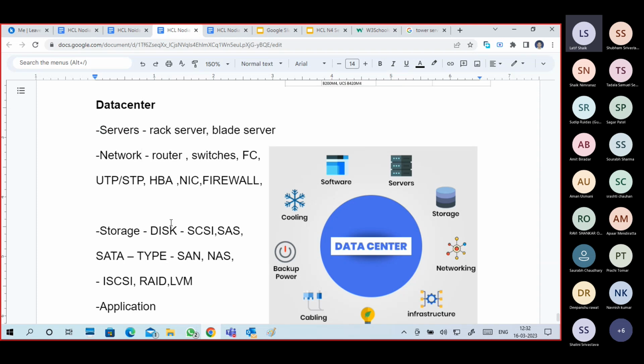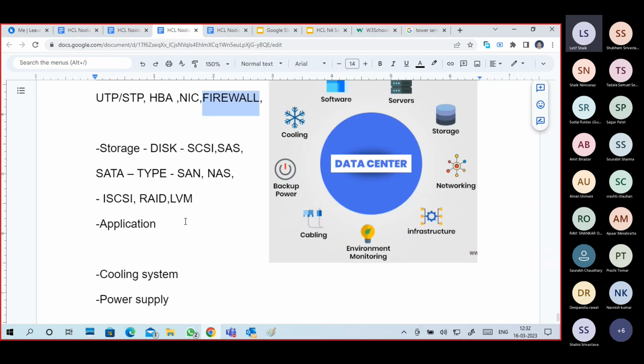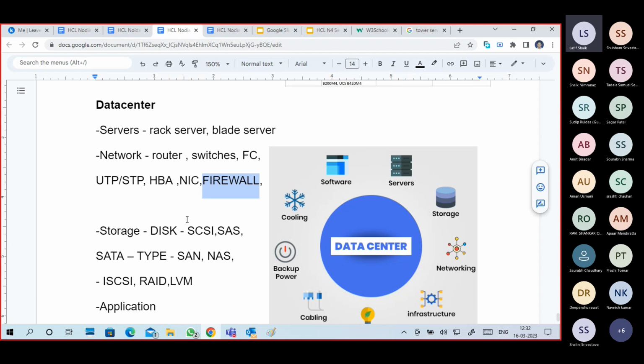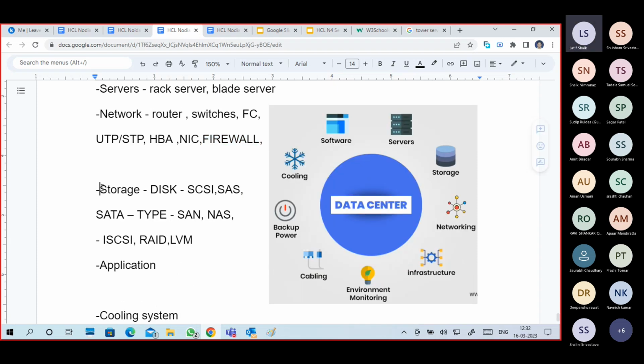You have networking components like routers, switches, fiber optical cables, host bus adapters. You need firewalls to protect your network. Physical security and network security, both you have to provide. Okay, storage, the storage is